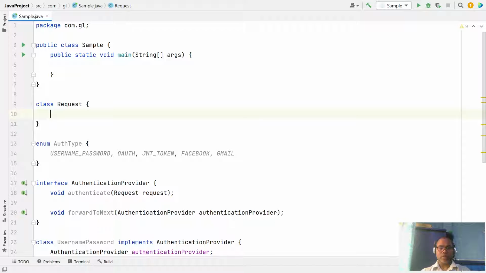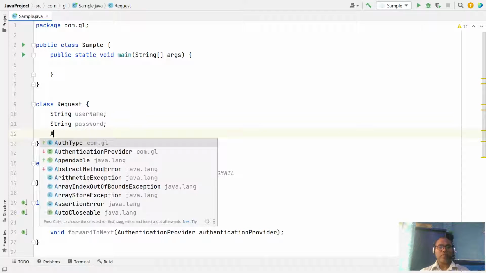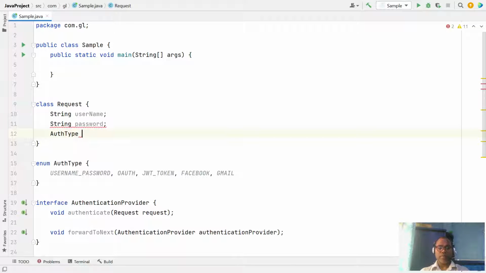Let's say your request has a name and a string. Request has a username and let's have password. Okay, these and which types of auth types.